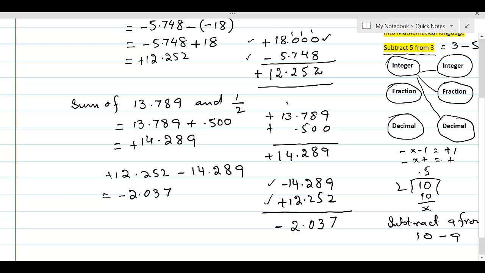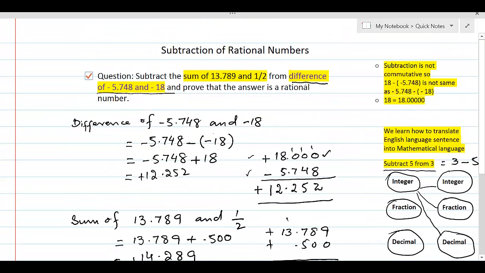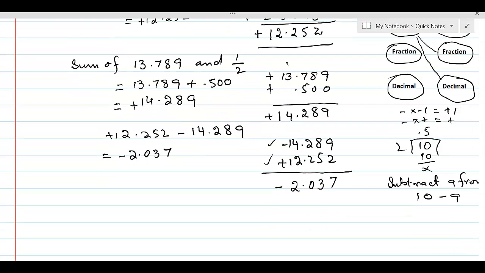So just one more thing before we let you go, and that is we still have to prove the last part, and that is to prove that the answer is a rational number. So what do we need to do in order to prove that this number is a rational number? We have to make sure that this number can be written in the form P over Q, where Q is not equal to 0. We have this definition. Okay, and now let's convert this into a fraction. Minus